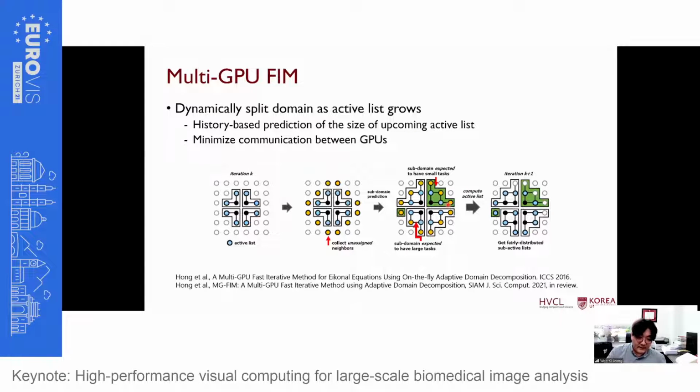The second idea is that while we are doing that, we need to minimize the communication between GPUs. Even though we split the domain, whenever we do a computation on this boundary, we need the values nearby from the neighboring GPU, so there should be some kind of communication. So when we assign this domain to different GPUs, we try to minimize this overlap or boundary. This is another rule that we need to follow.